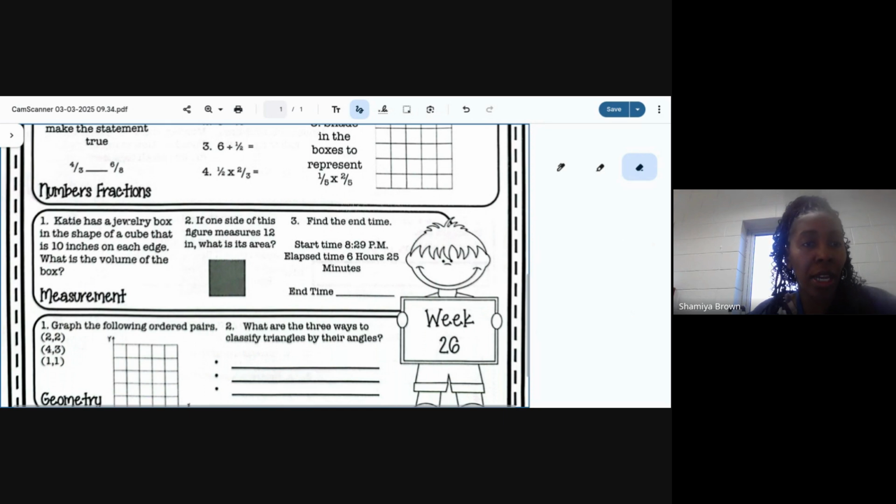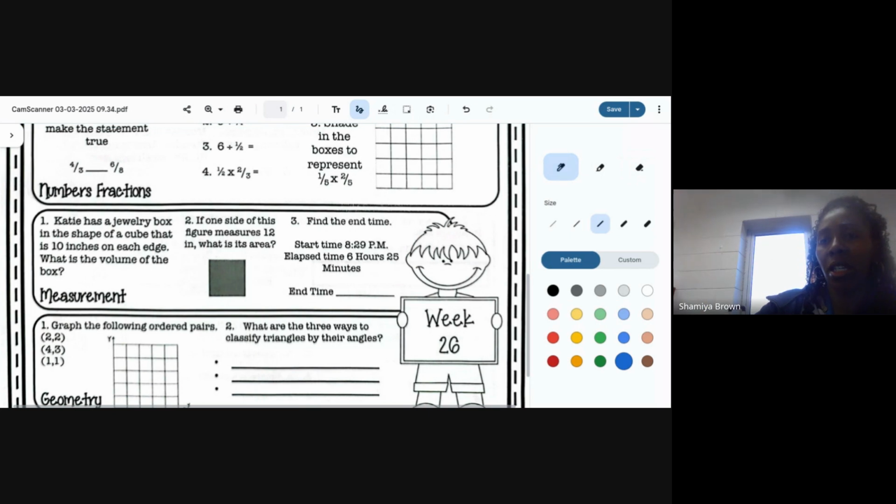The first one says Katie has a jewelry box in the shape of a cube that is 10 inches on each edge. What is the volume of the box? So to find volume, we have to do length times width times height. So if hers is 10 on each edge, it's going to be 10 times 10